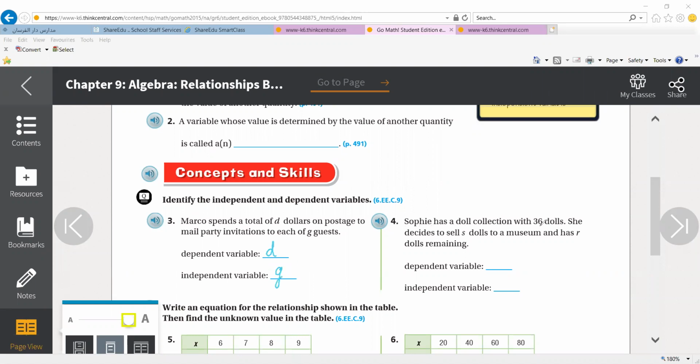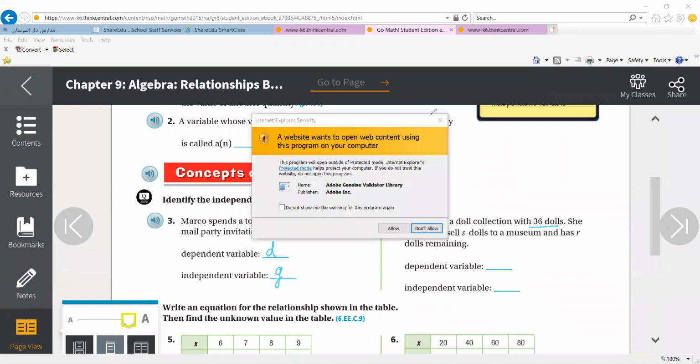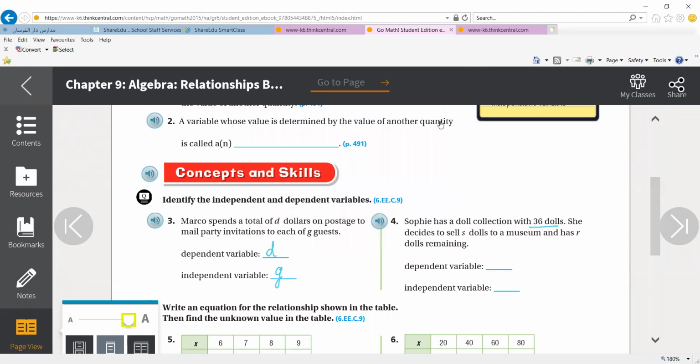Sophie has a doll collection with 36 dolls. You know that the dolls are 36 in number. She decided to sell S dolls and has R dolls remaining. So R is, I don't know how much she will sell, but I know how much is remaining. Later on, in 36 dolls,